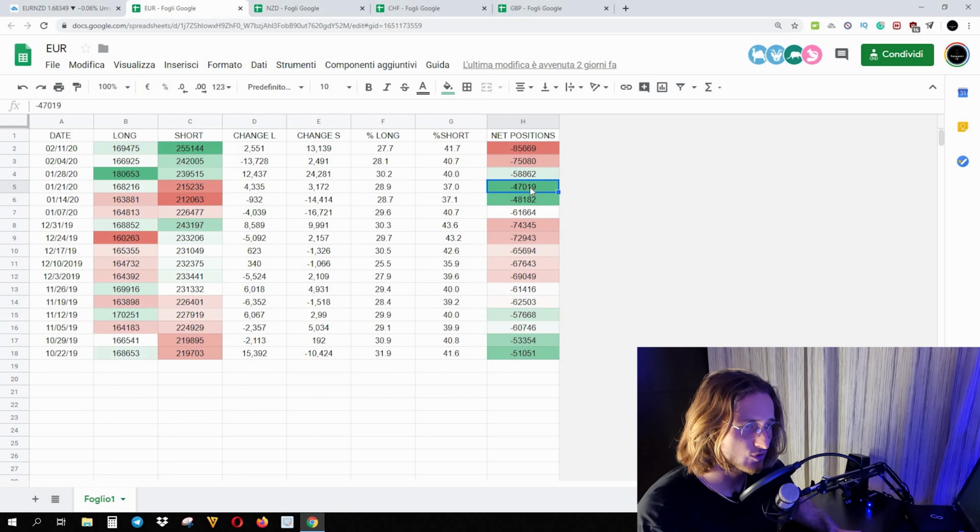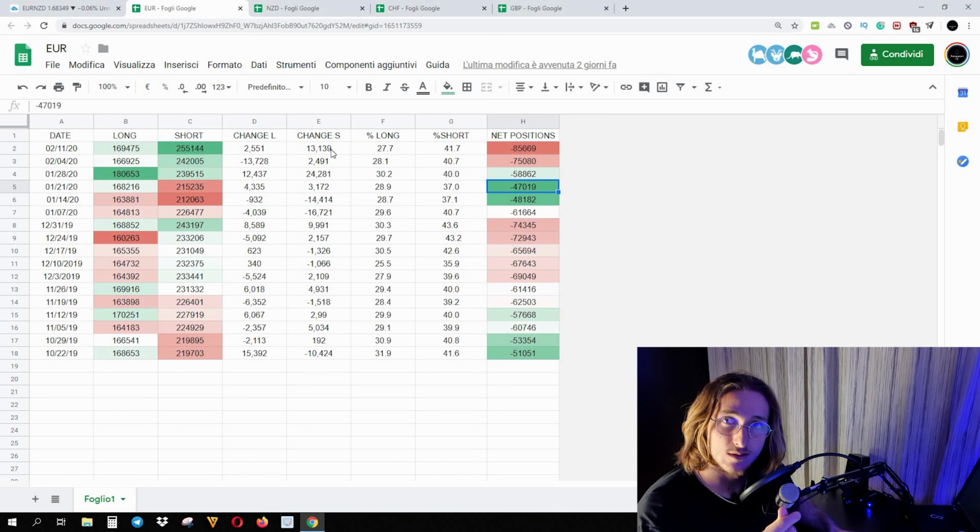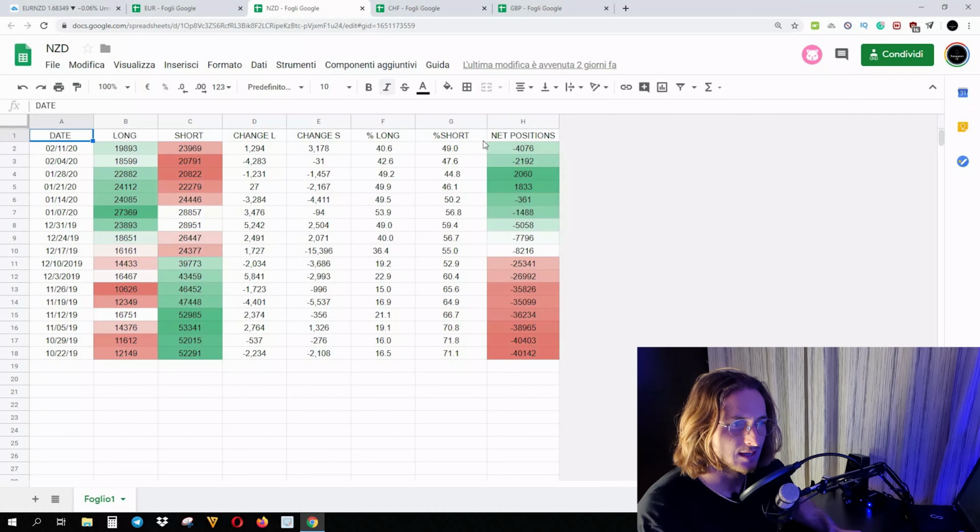We went from minus 47K net positions all the way down to minus 85K net positions, with the last report adding 13.1K shorts. So a massive amount of shorts added on the euro. They have started adding some longs, and this is a good thing because it means that we can have a pullback. And if you look at what we have on the NZD, we can actually see that it has been